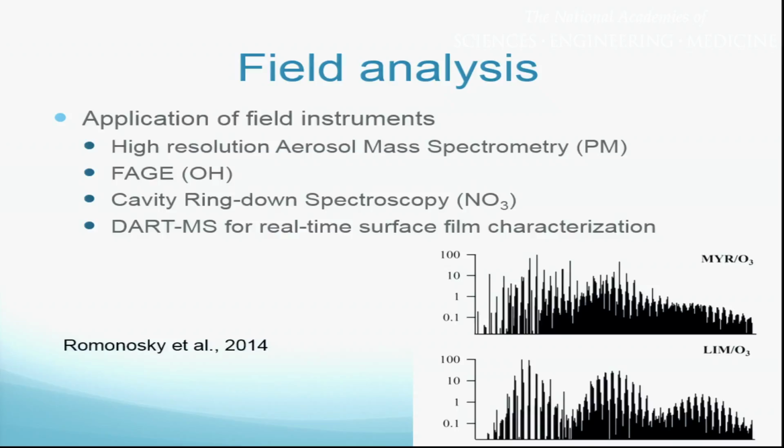Right here is actually a filter sample that was analyzed with a high-resolution mass spectrometer. That sample is of secondary organic aerosol generated under a particular set of conditions, and I borrowed this because I wanted to show you how many peaks there are in that analysis. There are hundreds or maybe thousands of different individual compounds that are generated in this chemistry. We can't possibly know what all of those are, but if we start with the kinds of instruments we have, like this, we can